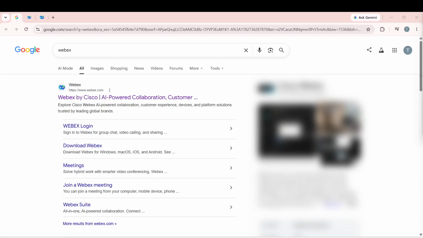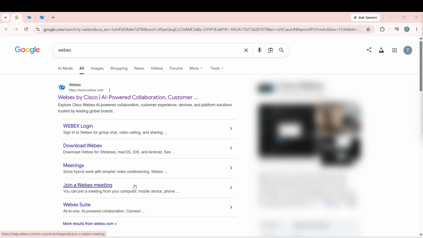In today's video, I'm going to teach you how to change settings in WebEx. First, open your preferred web browser and search for WebEx. You can use any browser you like, such as Chrome, Firefox, or Safari. Just type in WebEx in the search bar and hit enter. You will see a list of search results appear on your screen. This is the first step towards accessing your account settings.